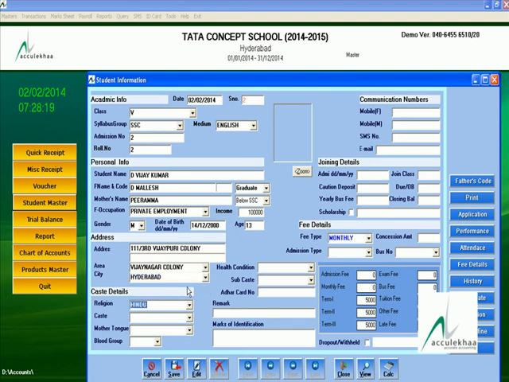Religion, Hindu, BC, Telugu. Mother mobile number, father mobile number, email.